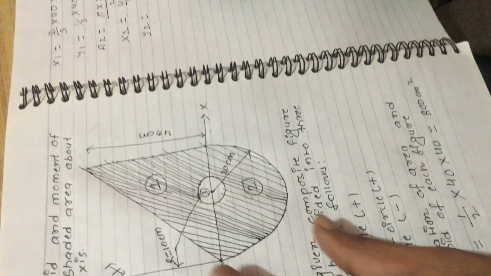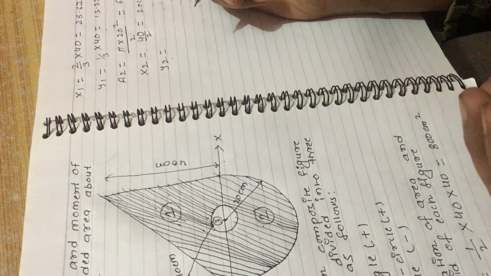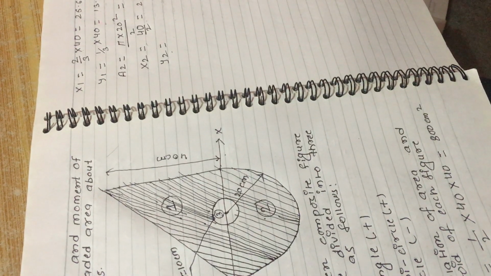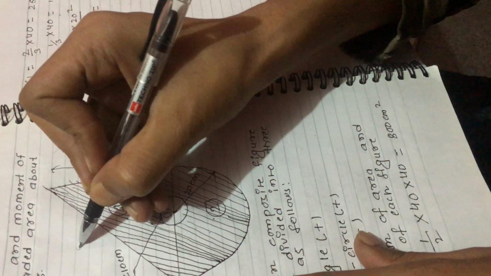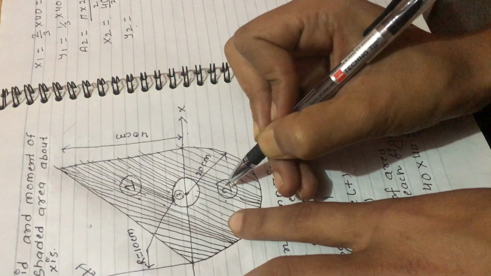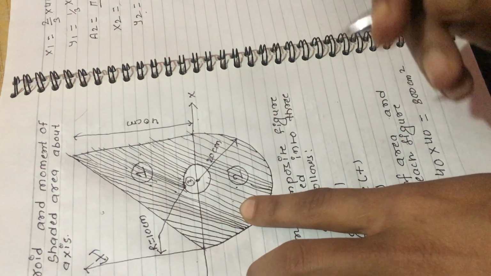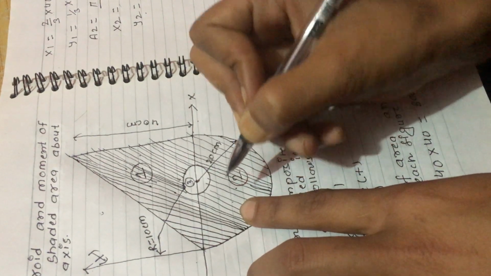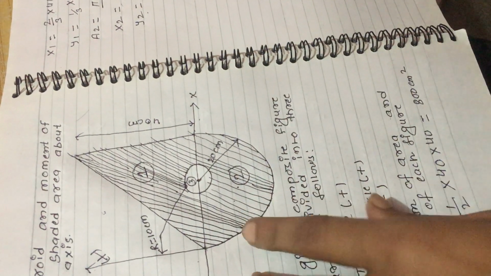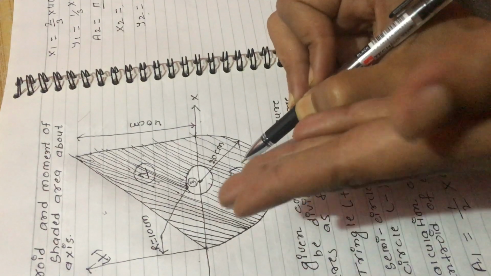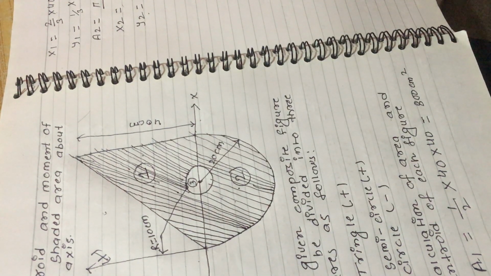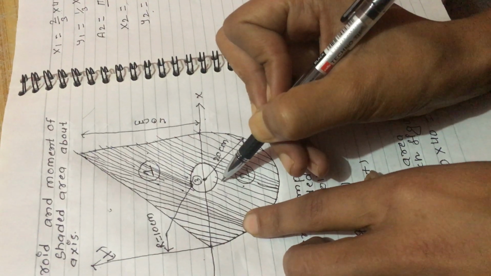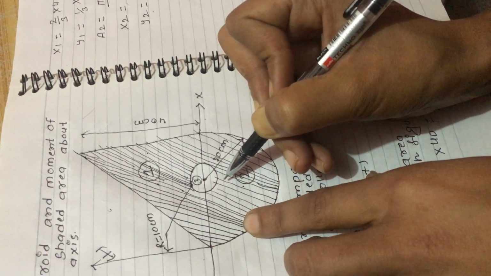If we want to understand this concept in accordance with the quadrant rule, this is in the first quadrant and this is in the third quadrant. We know in the third quadrant x is positive and y is negative. We can analyze this question through this knowledge too. This figure lies in the fourth quadrant, that is, x positive and y negative.